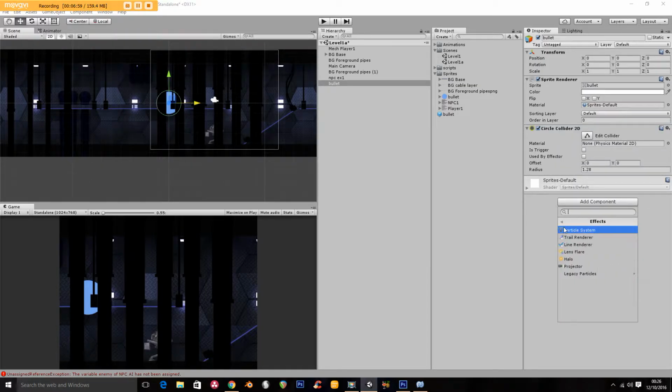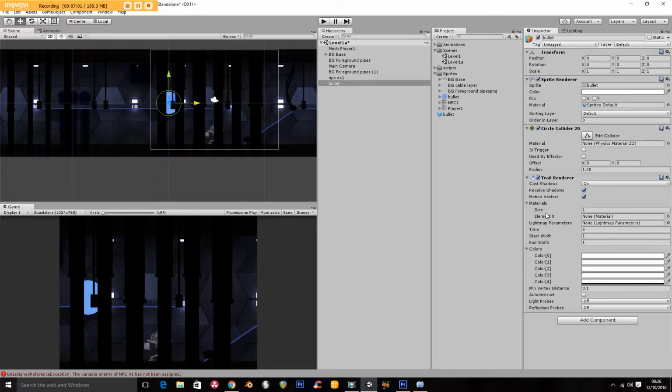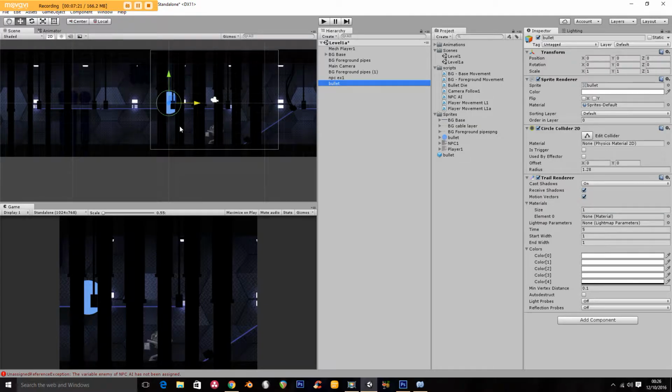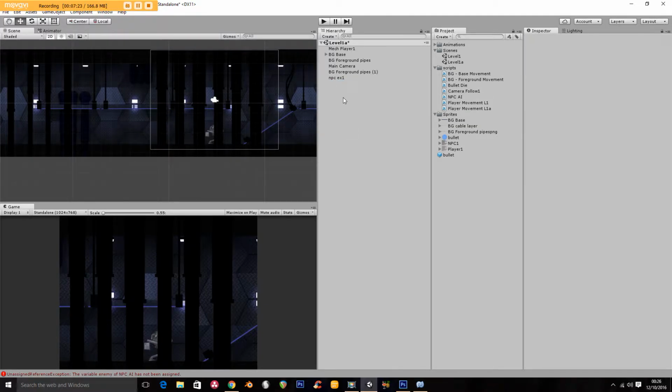I added the effects trail renderer, and then I added a small script called bullet die, which basically says when the bullet starts, so when it's added to the game, yield wait for seconds 2, so wait for 2 seconds and then destroy the bullet. So the bullet only ever exists in the game for 2 seconds. And why did I do that? Well, if I'm going to